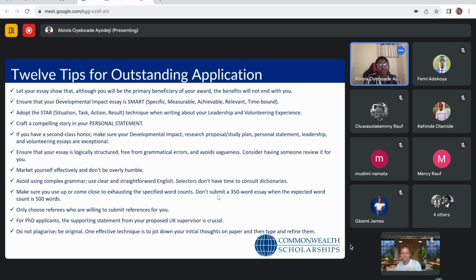This is even different from the free plagiarism apps we have online. Turnitin will bring out where those would have written it before. And mind you again, they also have previous applications still on their site. So it's easy to detect that this has come to us before, and this person is also writing it. So for those of us that have people, probably previous Commonwealth scholars, give us essays, you want to make sure that you don't plagiarize. Even if they've given you, the only thing you can do with that is read through. Don't use it to start writing yours. Once you read through, you understand what you want to do.